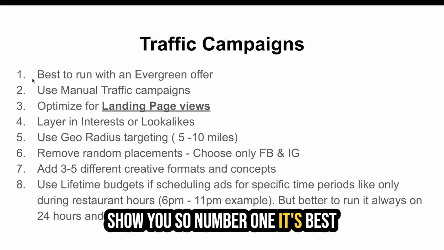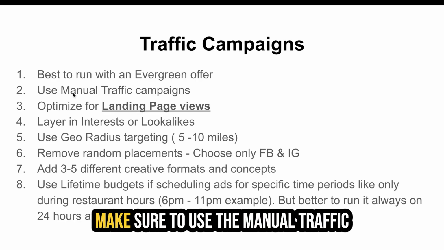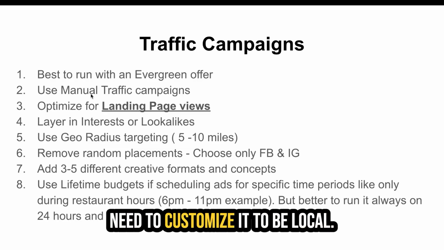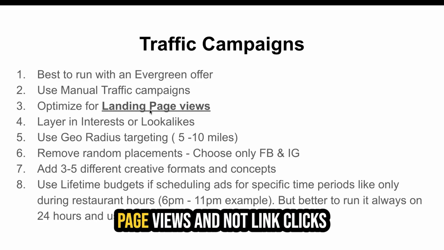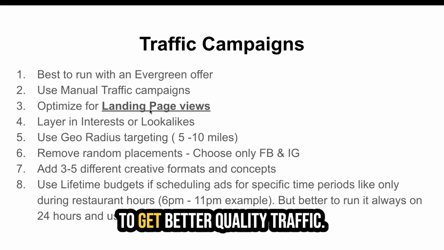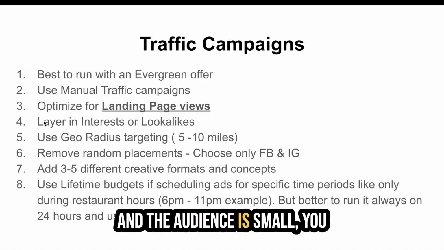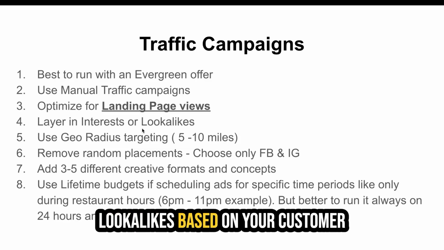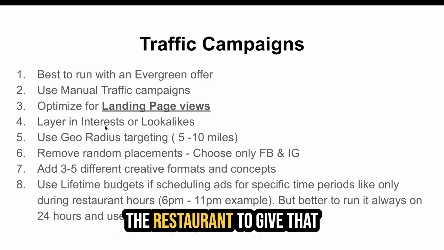Number one is best to run a traffic campaign with some kind of always on evergreen offer. Make sure to use the manual traffic campaign, not the ASC, because you need to customize it to be local. This is very important. You want to optimize for landing page views and not link clicks to get better quality traffic. Even though it's a local campaign and the audience is small, you still want to layer interests or lookalikes based on your customer data or any interest related to the restaurant to give that much more data to Facebook